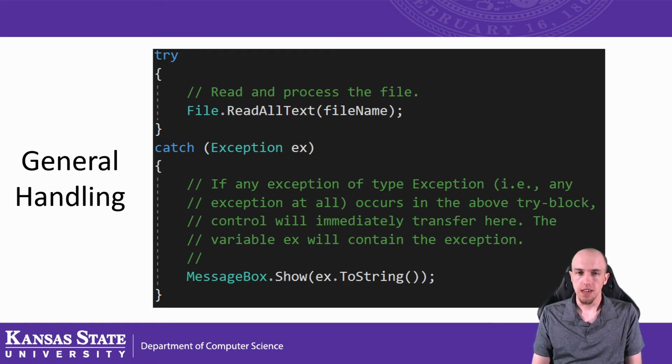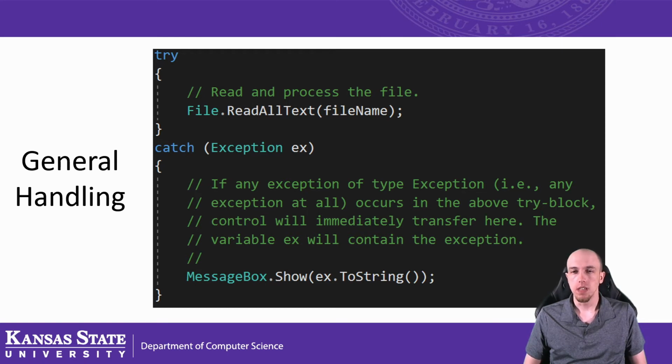The code that might cause an exception is contained within the try block. If an exception is thrown in this block, the code in that block immediately stops executing, so it won't continue on fully executing all the code in the try block. It will stop as soon as it encounters the exception. This operates just like what you would see with a break statement inside of a while loop. But after the exception is thrown, the catch clause is triggered.